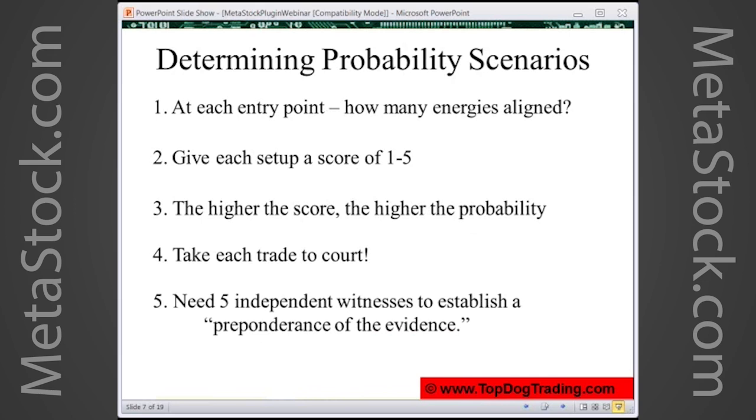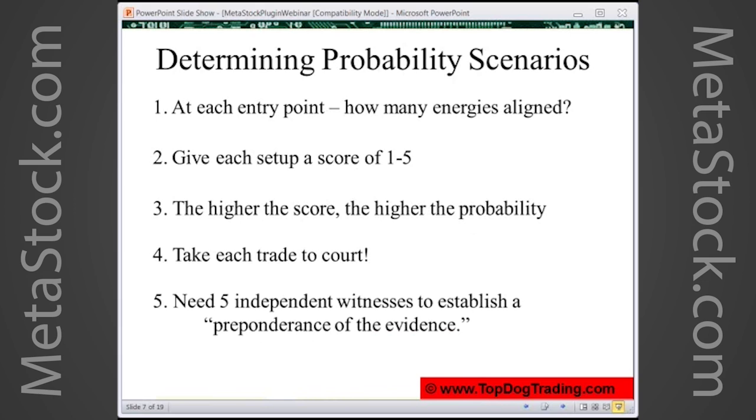So with these 5 energies that I just shared with you, each one is uncorrelated and unrelated to the other 4. So just as a quick example, let's say that price trend is up. And when price trend is up, sometimes we'll see that momentum is also moving up. In that case, we would say they're correlated, they're aligned, both are bullish, we have a strong trend, great. Sometimes price trend is moving up and you look at your momentum indicator and it is flatlining at the 0 line, just going not up or down. In that case, those energies are not correlated and you do not have a strong trend.